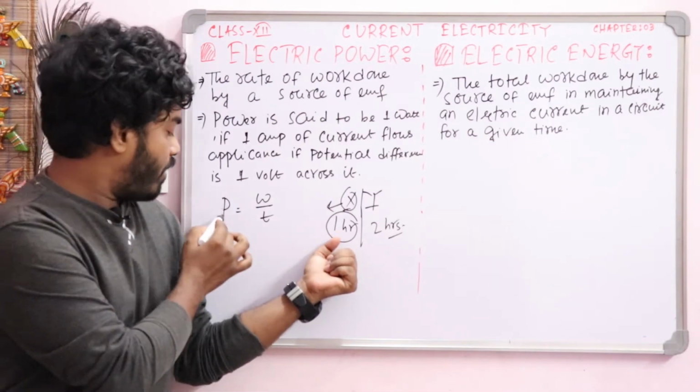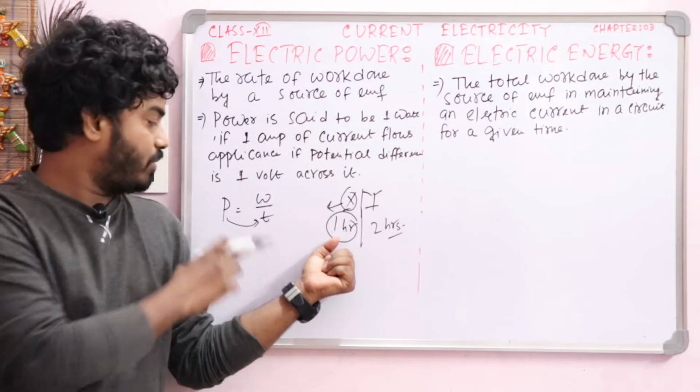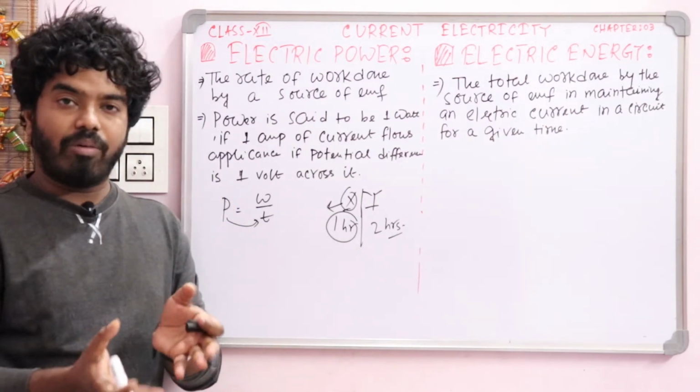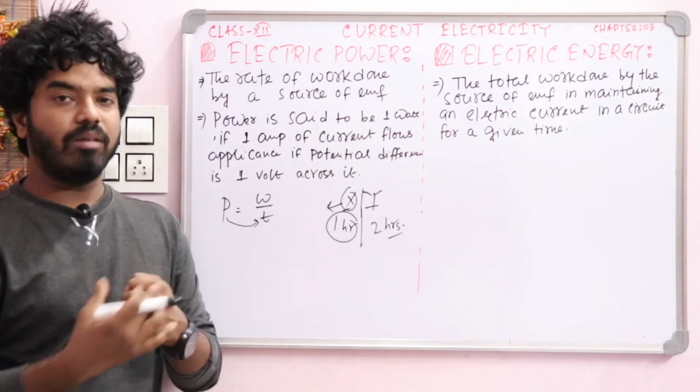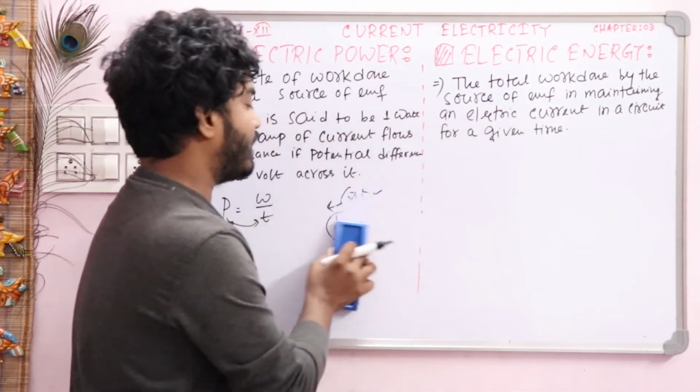Obviously X has more power, because the work is completed in less time. Power is inversely proportional to time. Less time means more power. So the meaning of power is the amount of work done divided by time. Now you know the value of work done, W.